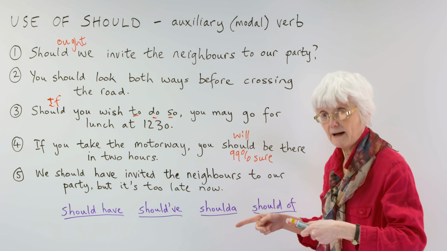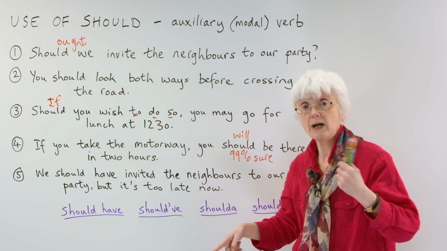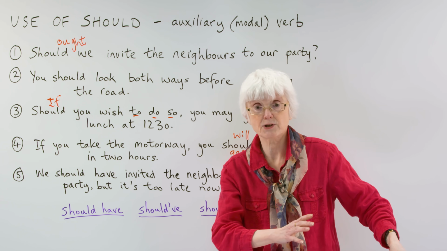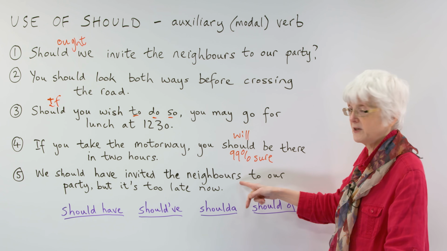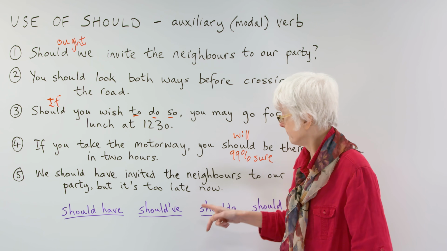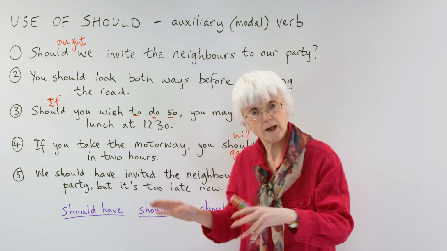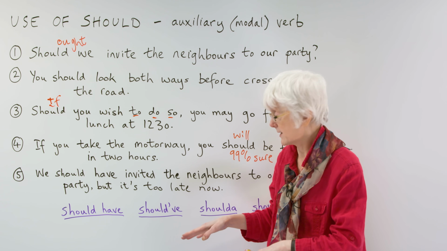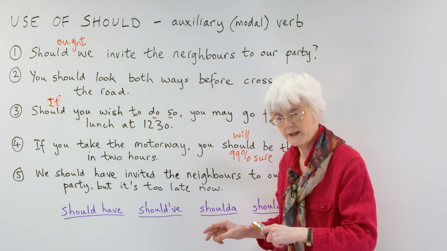So we should have invited them, then they would be here enjoying it with us. So we should have means it's too late. We should have, but that opportunity has gone. It's in the past. We should have invited the neighbours to our party, but it's too late now. Okay. So finally for this part of the lesson, to show you the different ways of writing should have,